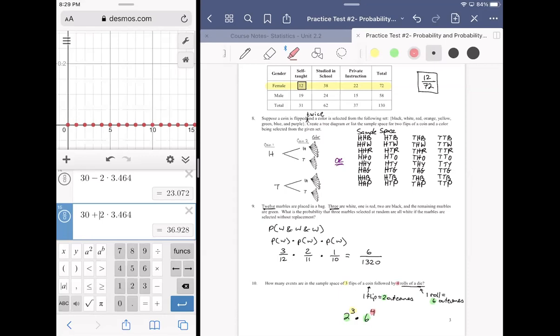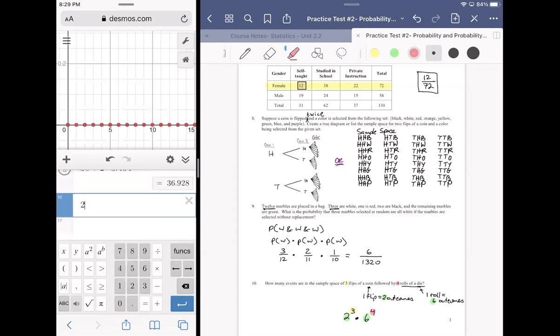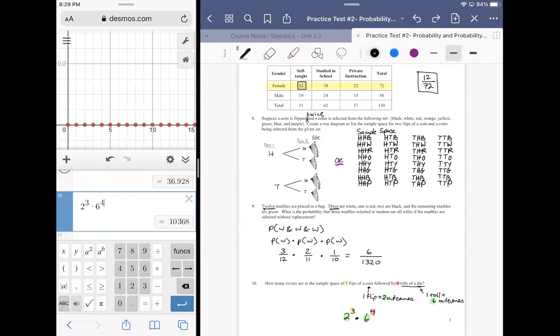And so this is straight number crunching, nothing too fancy. So 2 to the 3rd multiplied by 6 to the 4th, and you get 103.86. 68, sorry. So 10,368 outcomes. So you definitely would not want to have to draw out a tree diagram or a sample space for that kind of problem. That would be pretty